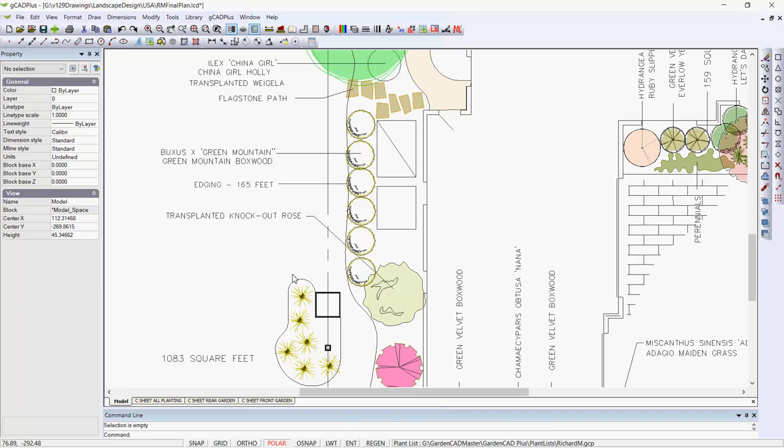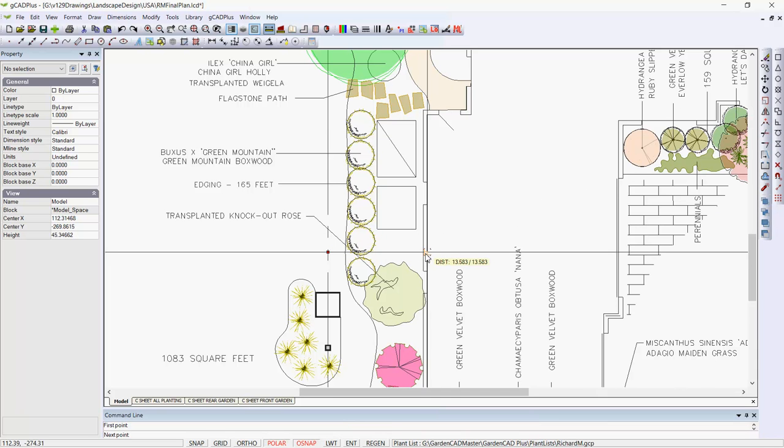One of our US users wants to know how to check distances in a gCADPlus drawing. Here's a US example, and she wants to know which tool to use to check the distance between a boundary line and a building. Well, if you come up here to the distance tool, pick it and use the OSNAP nearest, which is this little symbol over here, and just snap to the boundary line, and then pick the OSNAP